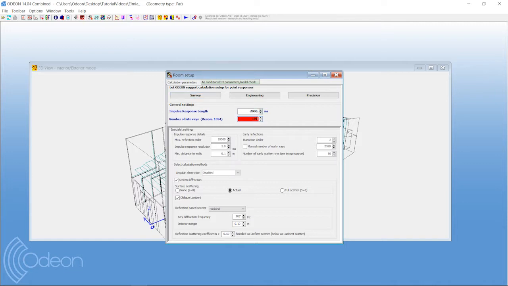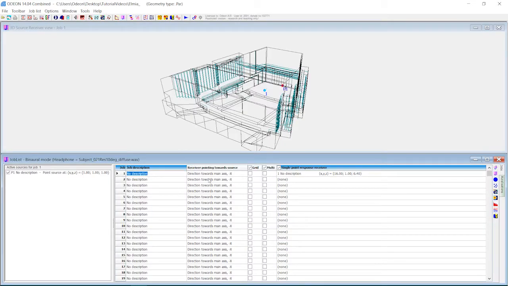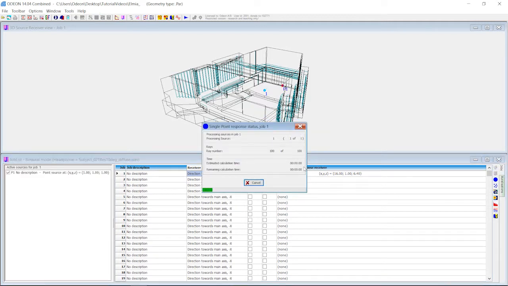We'll set it to 100. You can see here if it's quite low it will turn yellow, and if it's really low it will turn red, to give you a little warning. Let's set it to 100 rays, very low. I've just set up a little test calculation that we will run. Of course it will be quite fast when there are only 100 rays.